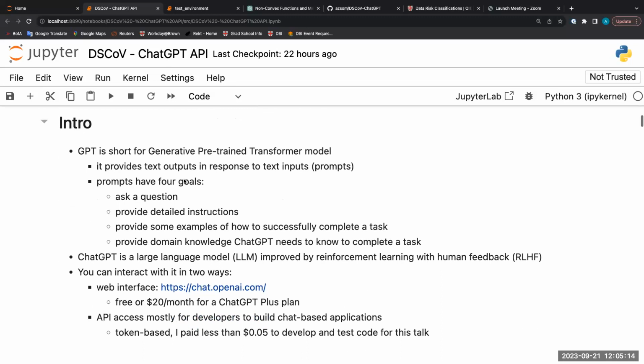And then ChatGPT will answer. You can provide detailed instructions to ChatGPT. You can tell it what to do, what not to do. You can provide some examples of how to successfully complete a certain task. And you can also provide some domain knowledge that ChatGPT needs to know in order to complete certain tasks in the future. These are the 4 different goals prompts can have.